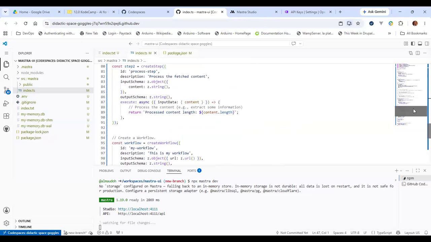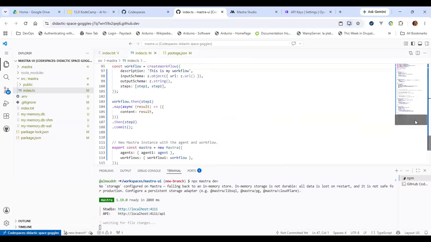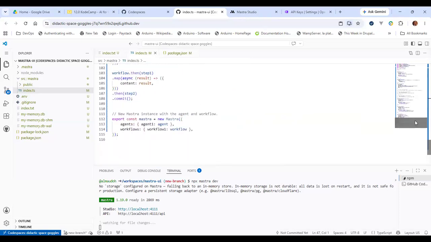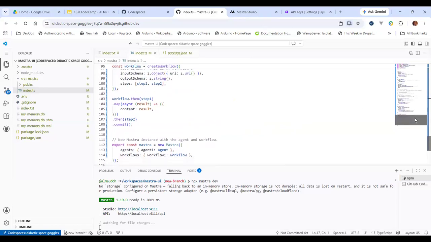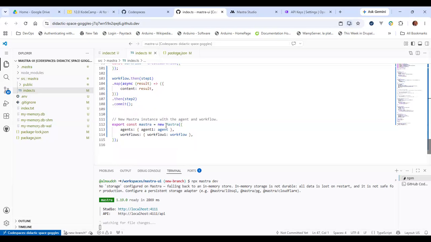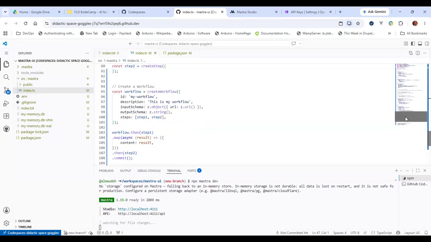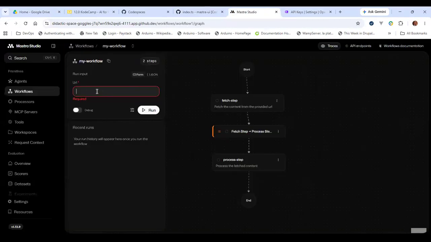Even though we did not do much with it yet, that will be part two when we come back to actually turn this into something interesting. And then here we had done the create workflow, where we combine it, but even in the create workflow, we had specified the Zod schema. So this is the schema that is now being used to ask you for the URL, which is required.